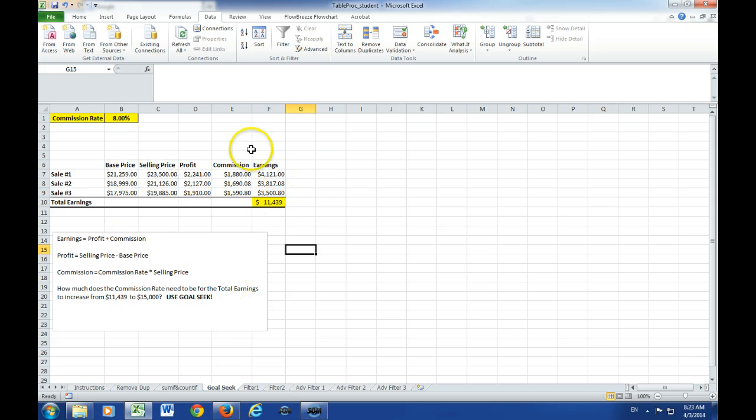What it is, the table that you have, like a salesperson who sells the product. The product's base price is 21,259, and the selling price is this much, 23,500. So they make money. See, likely C7 minus B7, which is the profit, and then the commission for the salesperson is likely total selling price C7 multiplied by the B1 8%, meaning